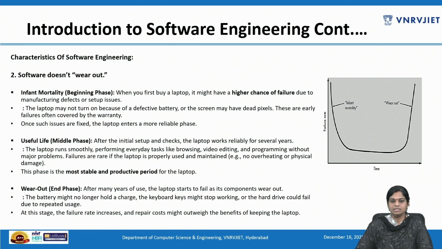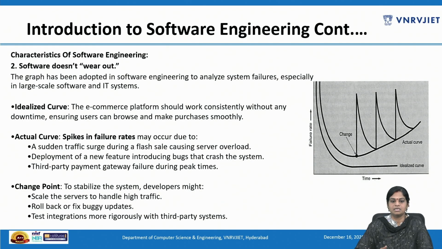Now let us move to the next slide and try to understand the graph for the software. Here the software generally does not go through the environmental problems which we have observed in the previous slide, that is, the hardware life cycle. Therefore, we cannot use the same curve to understand the software failure rate. In software, we have undiscovered defects that can cause the software to have a high failure rate early in the life of a program. But if we have done proper testing and these defects are fixed, then the curve flattens as shown